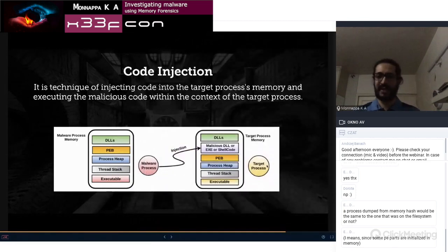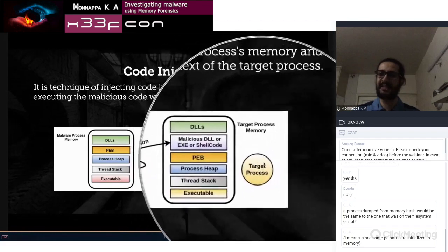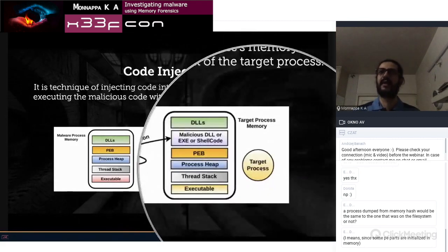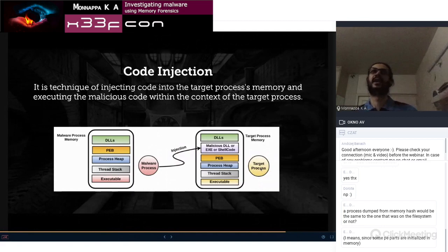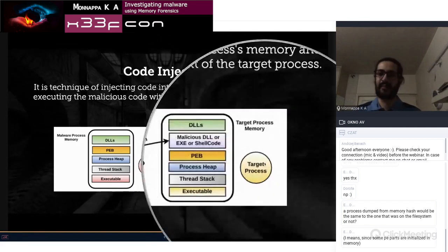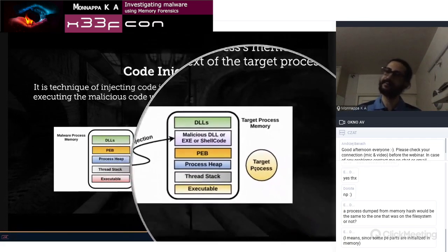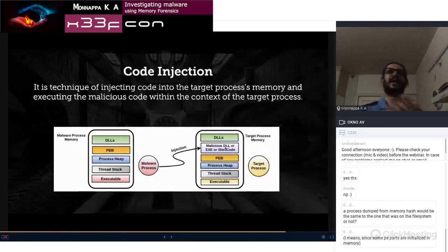One reason is to force this legitimate process to execute the malicious code. That way it can bypass whitelisting software. If it's an executable such as Explorer, the whitelisting software will allow it. It will not flag it as bad, because the path of Explorer is still the same. Only in the memory of explorer.exe, there is malicious code. That's one reason: to force a legitimate process to execute the malicious code. The second reason is